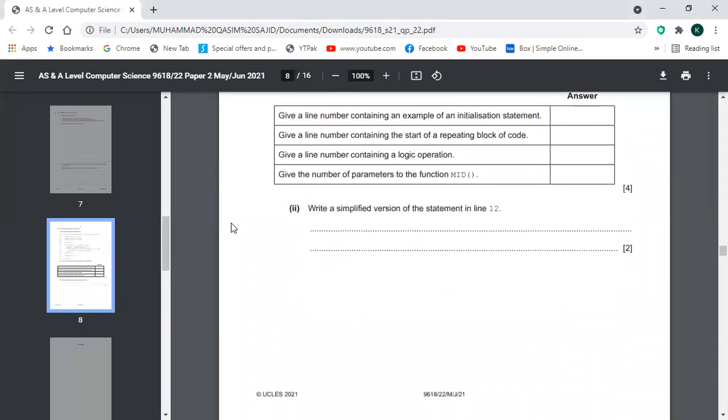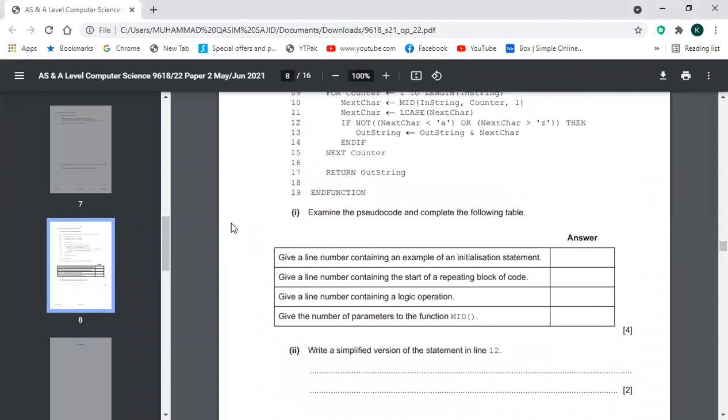Now write a simplified version of the statement in line 12. Where is line 12? Line 12 is: if not next character is less than a, or next character is greater than z, then. So how to do it? You have to return that, if